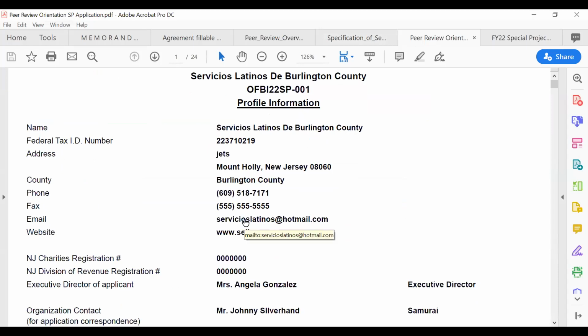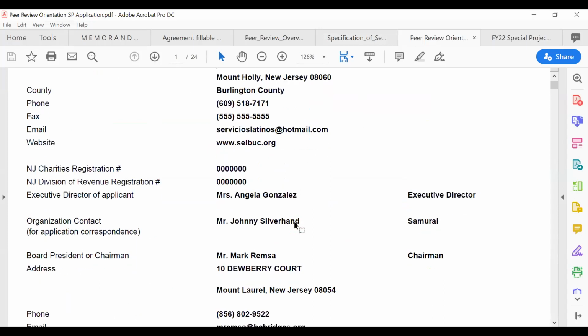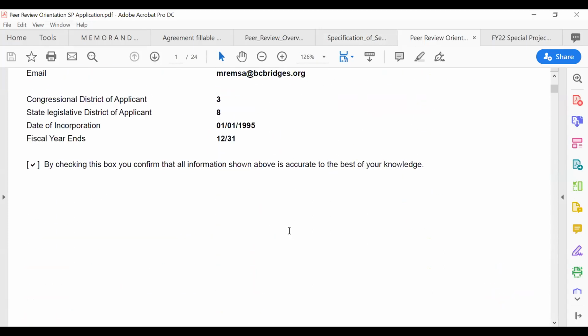If you're fortunate to have a double monitor, it'll work great, because you can have this application on one monitor and then the actual rating sheet on another monitor, because you're going to have to get a sense of what they are saying in each section. And also,